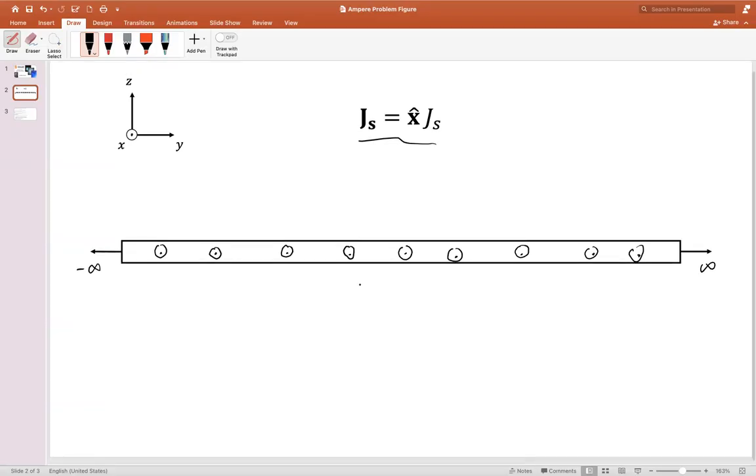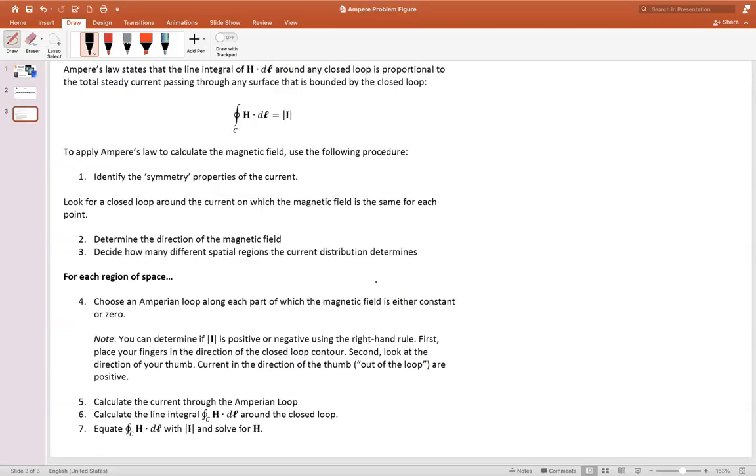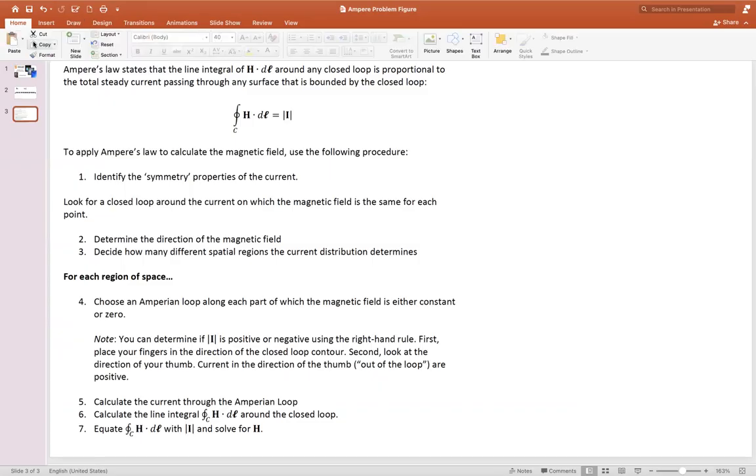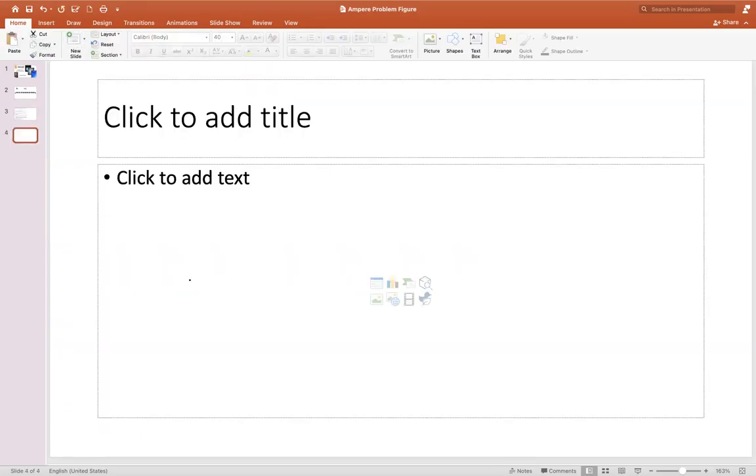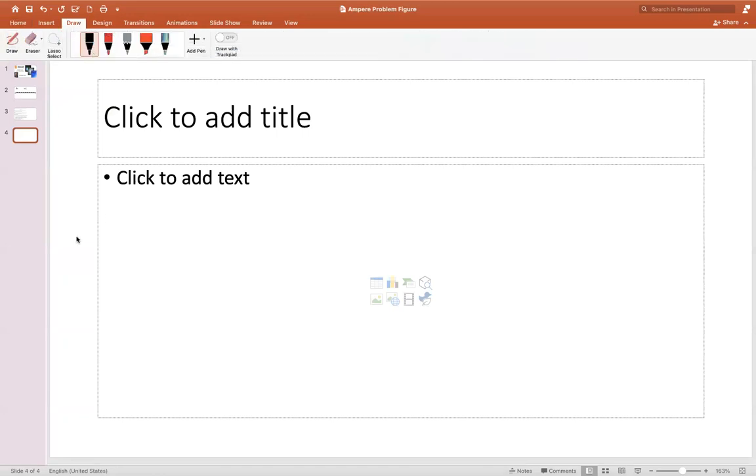So using the Ampere's law cookbook, which is here, we're going to follow these 7 steps, which can lead you to a solution for the magnetic field in this case. So let's walk through these steps. So first, let's identify the symmetry properties of the current. So identifying the symmetry properties of this current, we know that